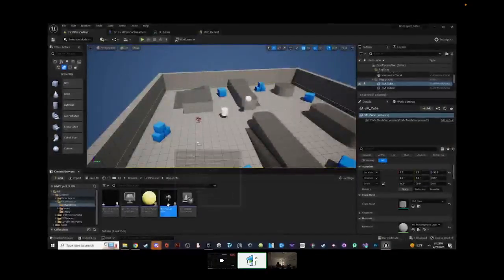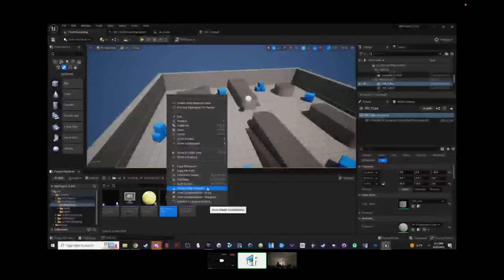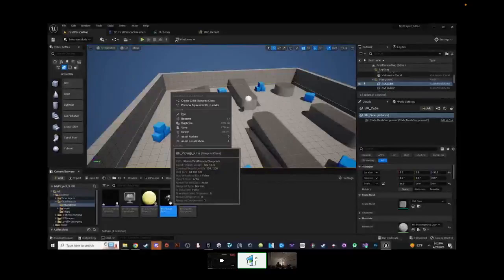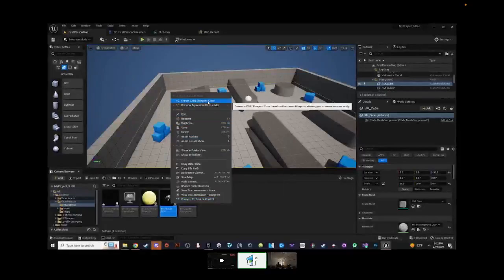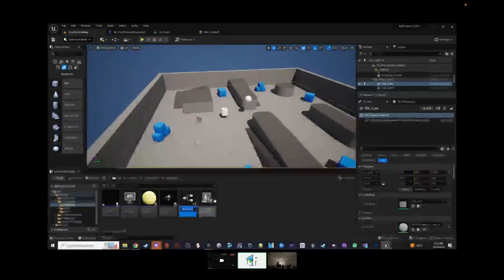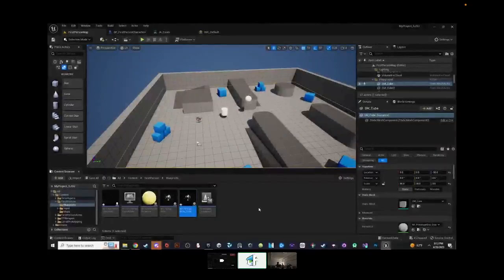For example, if you're familiar with parent-child classes and that hierarchy and stuff, you can actually do that. So say you right-click a blueprint class, and it gives you options like create a child blueprint class. So you can create a child of the parent and stuff. So for example, what if you want to make a bunch of different guns, right? But you don't want to copy and paste the code all the time. So then you're gonna need to make a master parent gun that has all the functions that you need, like shoot, aim, and reload, and that's it.